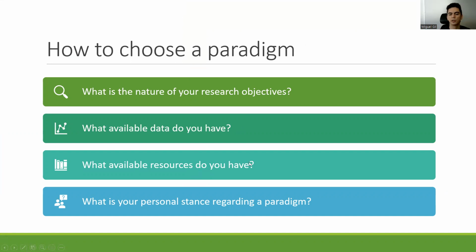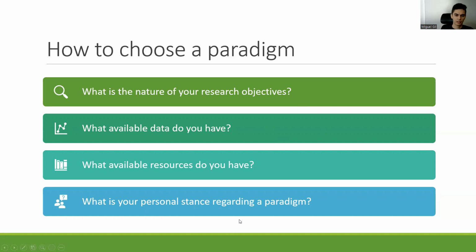And the final thing is, what is your personal stance? I know that I'm telling you, try to be as flexible as possible. I think that is the best for your peace of mind. But in practice, we as researchers tend to feel more comfortable on one side of this philosophical stance. And then we become very arrogant, saying my stance is better or anything like that. But in reality, none of them is the best. And it's true, you feel more comfortable on one of them. So that's the last thing that you should consider.